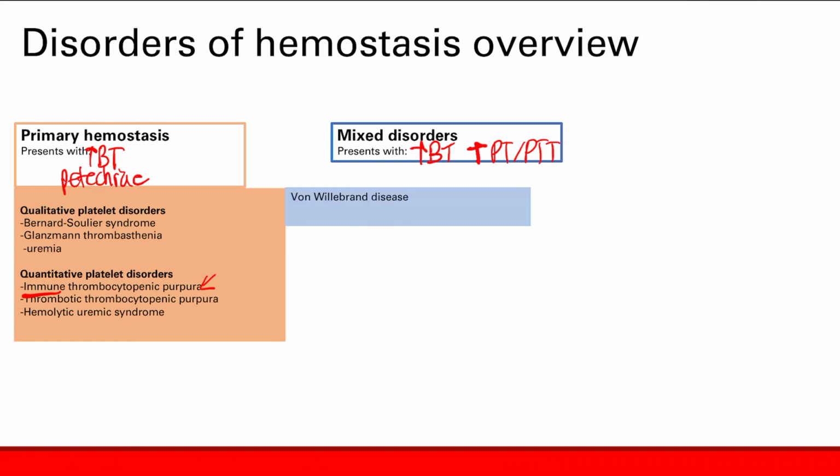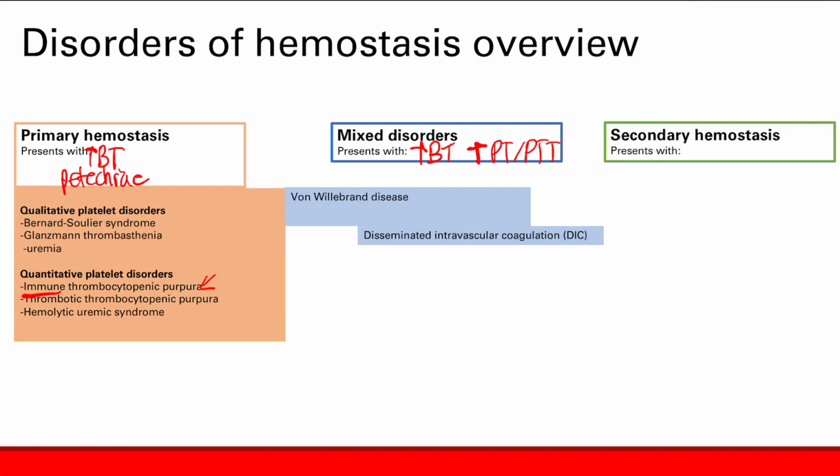So von Willebrand disease, remember, what were the symptoms? Was it more primary or more secondary hemostasis? I told you it was more primary hemostasis because the key part of its function is to help platelets bind to the subendothelium. And finally, DIC leads to overactivation of clotting factors, which leads to consumption of platelets and clotting factors, and then you can get bleeding. So you get both thrombosis and bleeding.